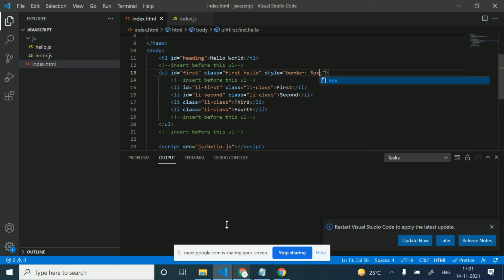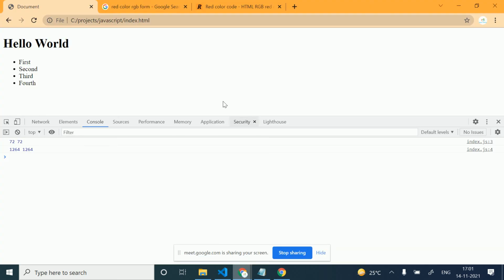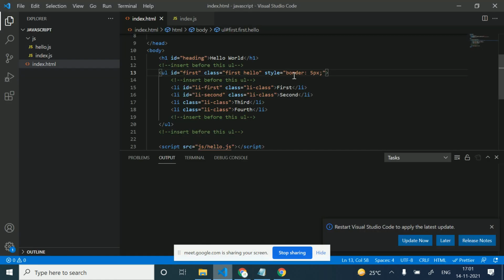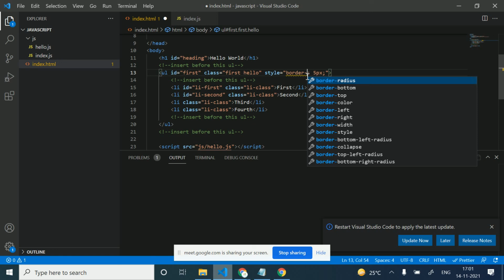I have added a 5px border on this. So let's check now. Now you will see the difference here. There is no difference, so I think the border is not added here. Border width I am adding.